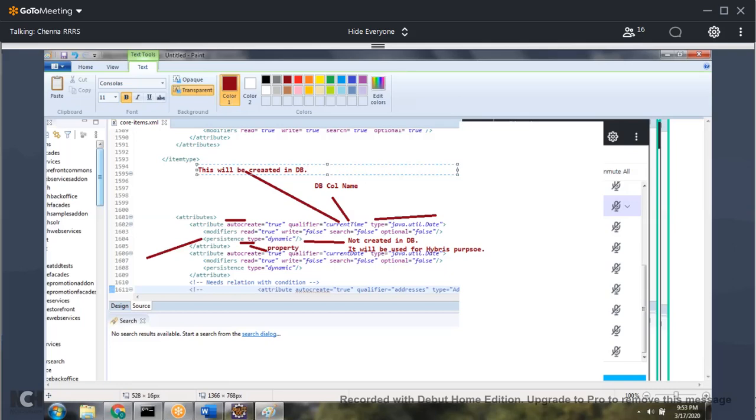We don't need the database column, but we need some attribute for calculation purpose in Hybris. Can anyone give me an example?